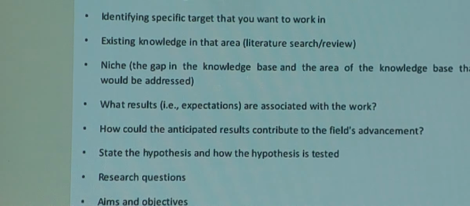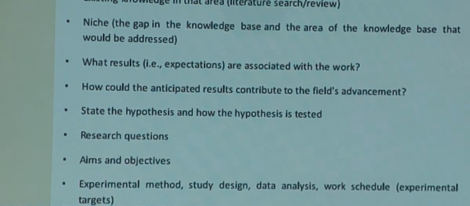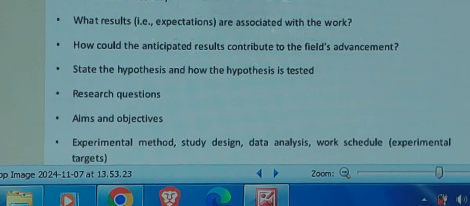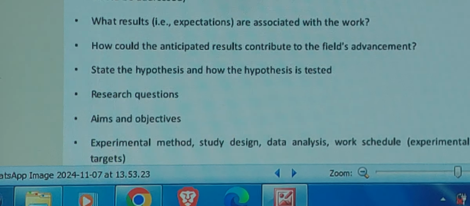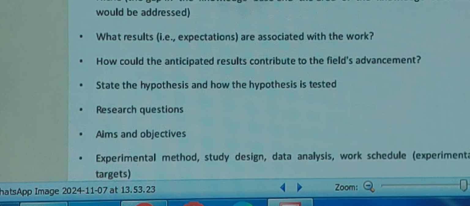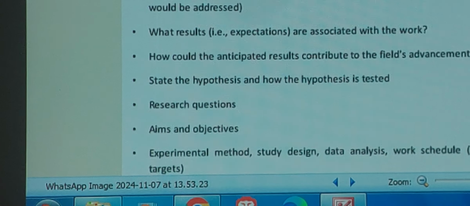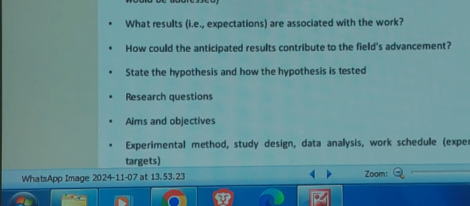Research starts with the problem. You have to identify the problem. Then you have to provide the problem statement. Then research problem. To solve a problem, you are doing some experiment. If we do like that, the problem can be solved. That is hypothesis. So you have to state the hypothesis.